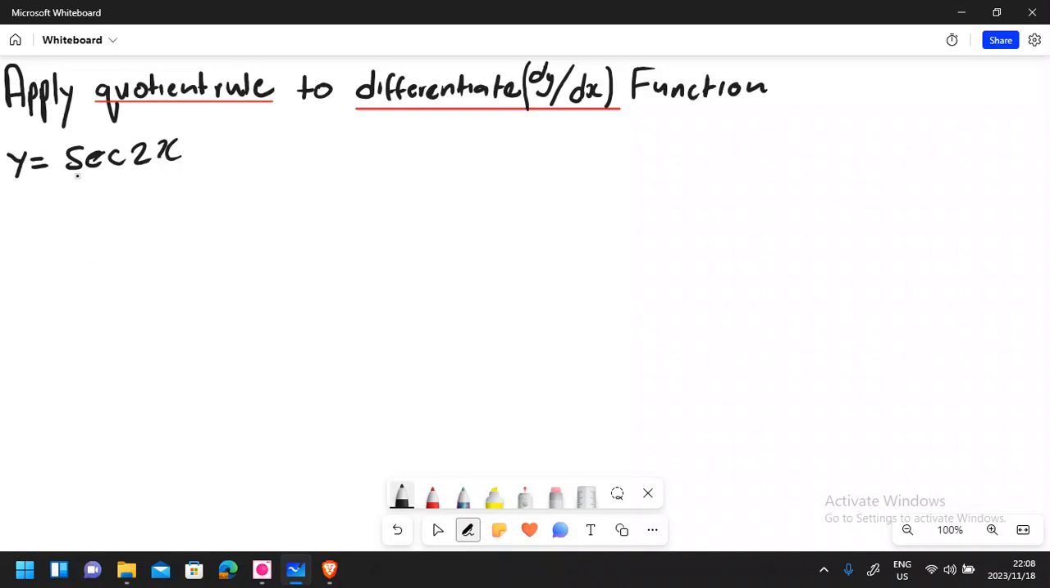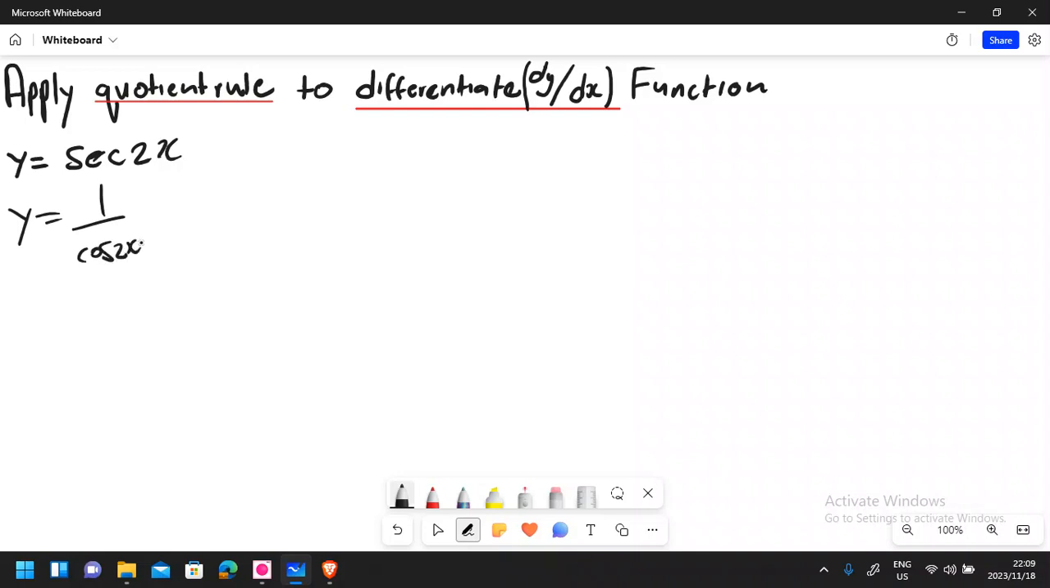Alright guys, let's start with this one. Remember, when you use the quotient rule, we need to have some sort of a quotient or a fraction. So in order for us to do this one, we need to use what we call inverses. We need to apply the inverses here. So we need to know what is the inverse of the sec. The inverse of a sec, if you still remember, is going to be 1 over